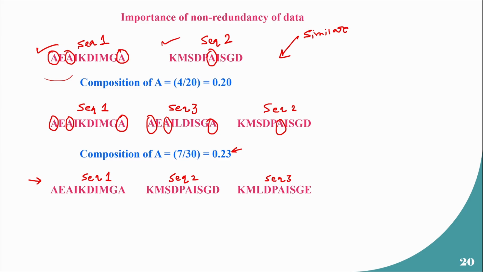Yeah, so I see a couple of answers. 0.16, right? So basically, how many alanines do you have in total? 1, 2, 3, I think I see here, and then 4 here, and then another 5 here, right? So it will be 5 by 30, which will be 0.17. Okay. Now from this example, you see